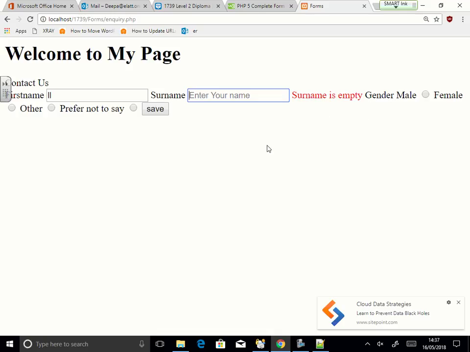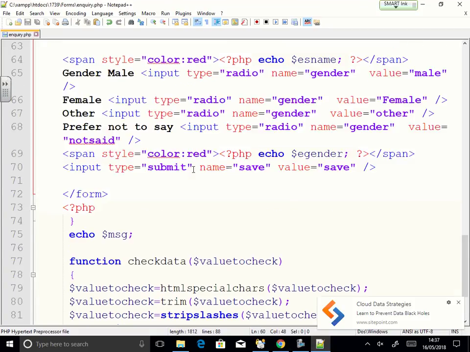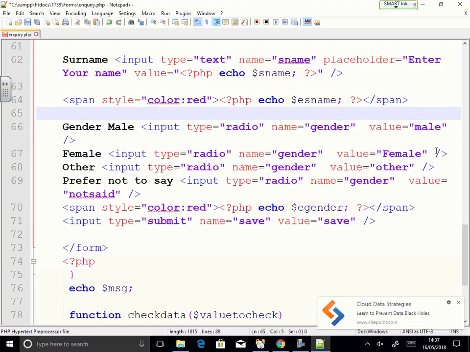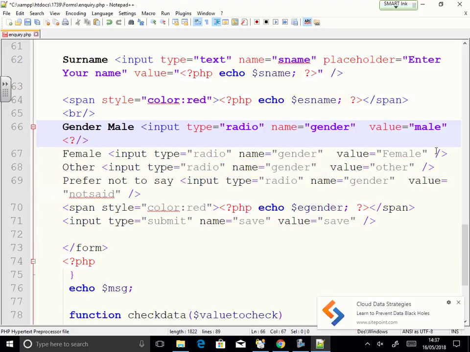How do I bring that specific option back here? You can't say value here, you can't change it. These are the specific values, I can't change them. So I am not going to say echo gender anywhere, is that right? Yeah. What you need to do is, for every option, you're going to have to write down the code. For each and every input box, you will be writing down PHP code,